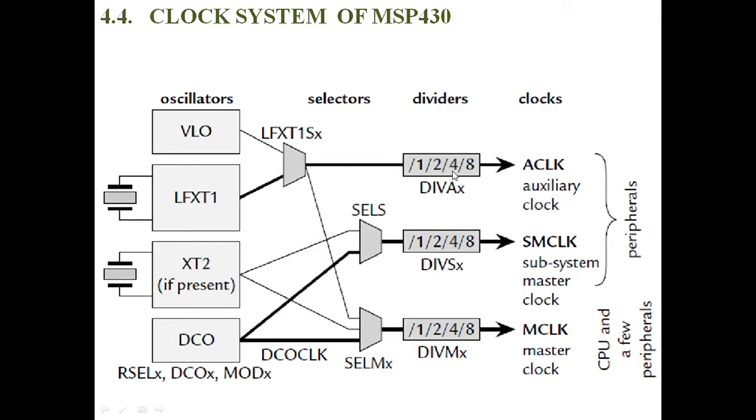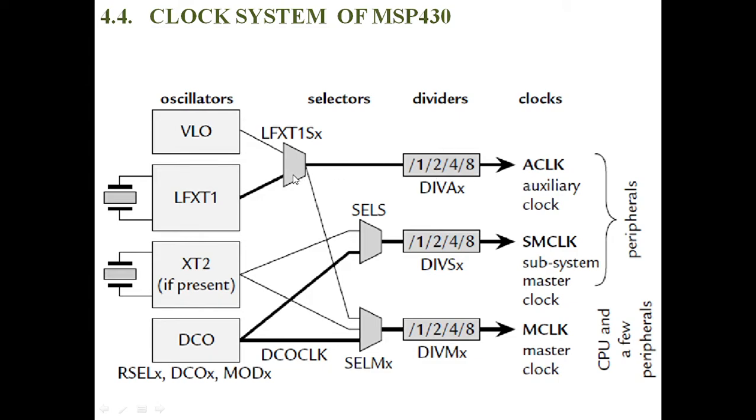Similarly, a 3 kilohertz signal, similarly a 1.5 kilohertz signal. Like that, based on the device operating speed, the VLO generates the 12 kilohertz signal that is given to the divider, which generates the desired clock frequency. That is mainly for low speed applications. It is mainly designed for operating low speed applications, that means up to 12 kilohertz signal speed.